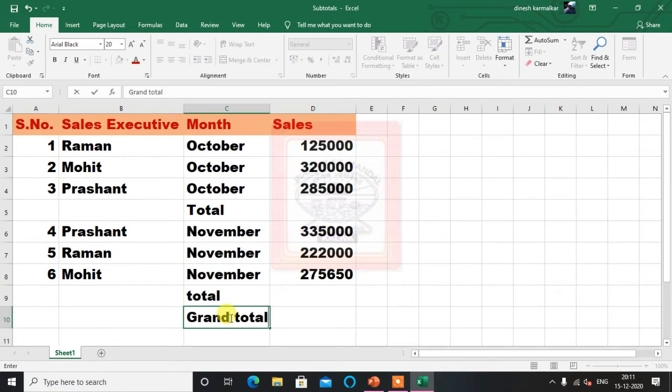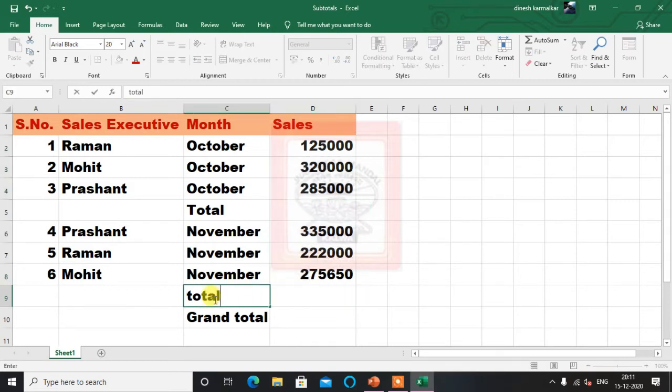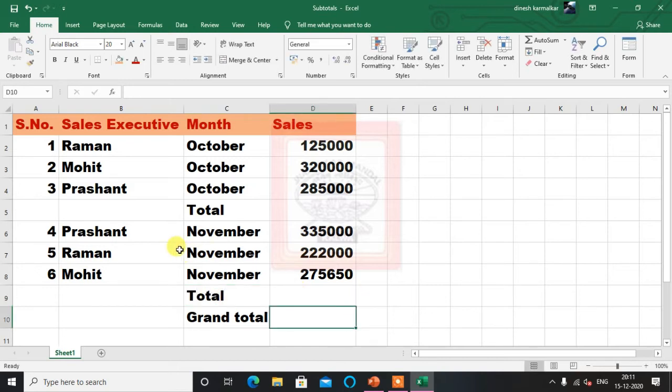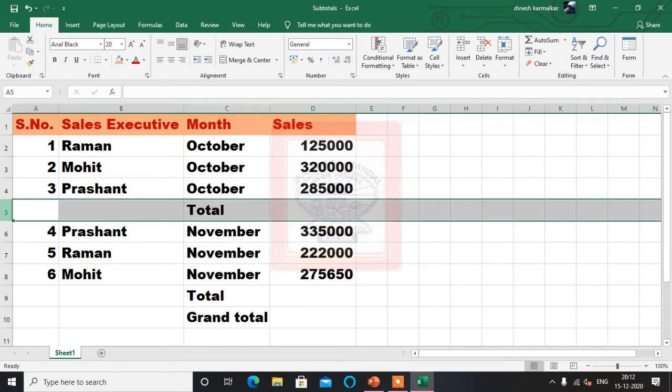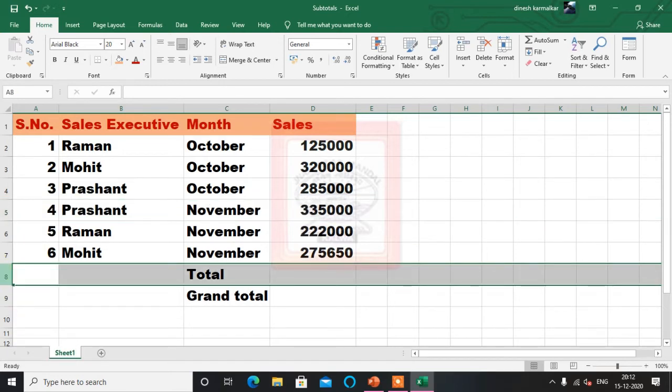This way we can find the total for this and the total for this one. But if you have more than 12 months, then instead of doing all this manually we can use a very good function, that is subtotal. So let's remove this and I will use that subtotal function instead of doing all these things.